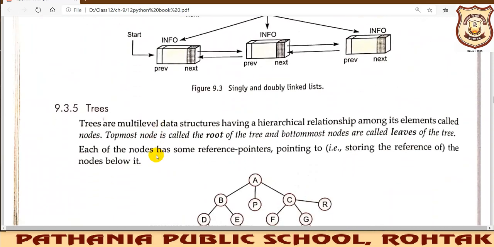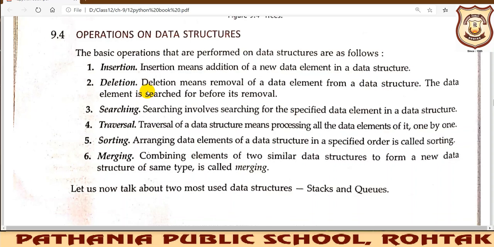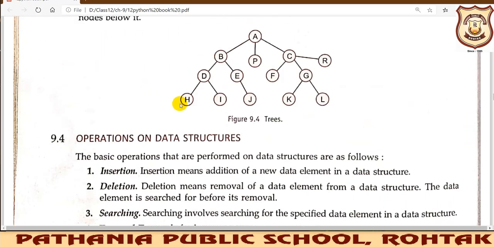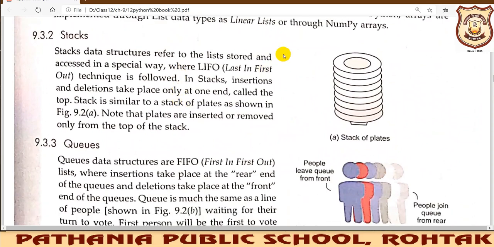Okay, next, your first operation is insertion, second is deletion. So you can delete the data also. In case of deletion, I will be discussing mainly your stacks and queues only. Okay, if you want to delete data, from where will you delete? At the very top only. In a stack, the very important concept is the top. Top is very important because all the insertions and deletions will take place from the top only.